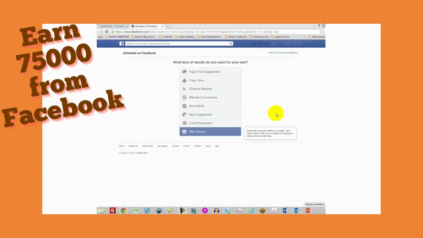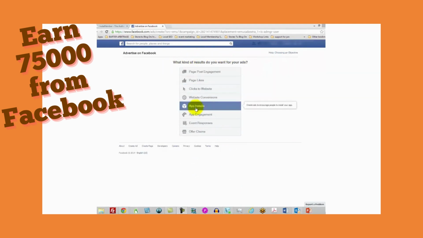Now, when you come inside to advertise on Facebook, you've got a number of different opportunities to advertise. The one that we just talked about was to get page likes. Of course, you can also get page post engagement, and you can try to get clicks to your website. But the one we just talked about is getting page likes, and you're going to pay every time somebody clicks that link to your page.